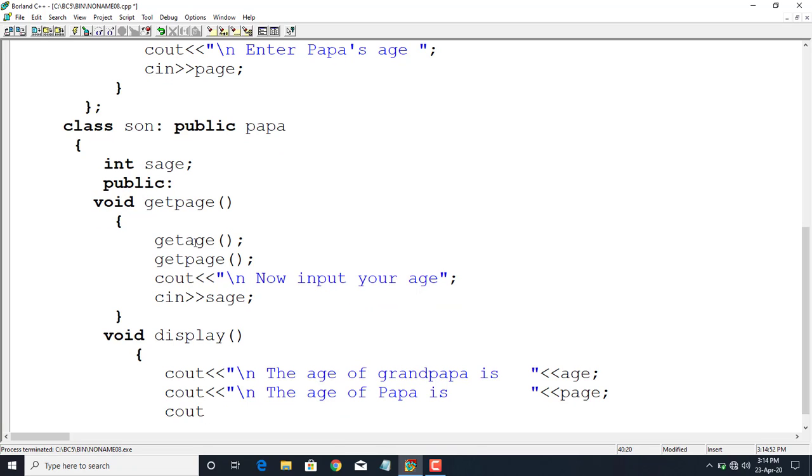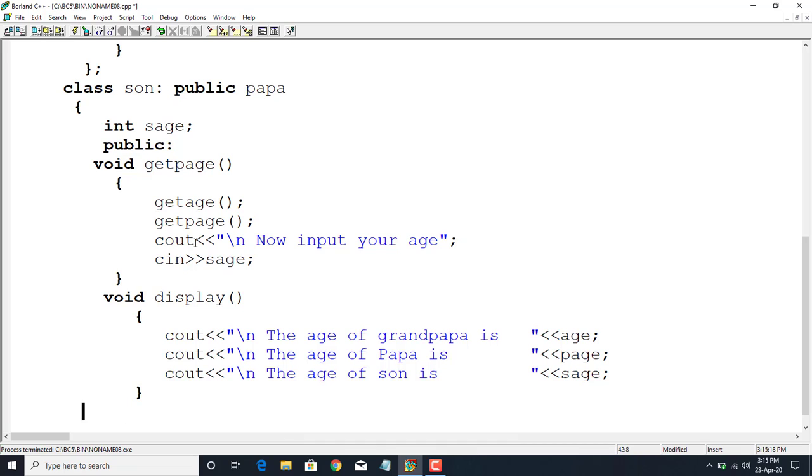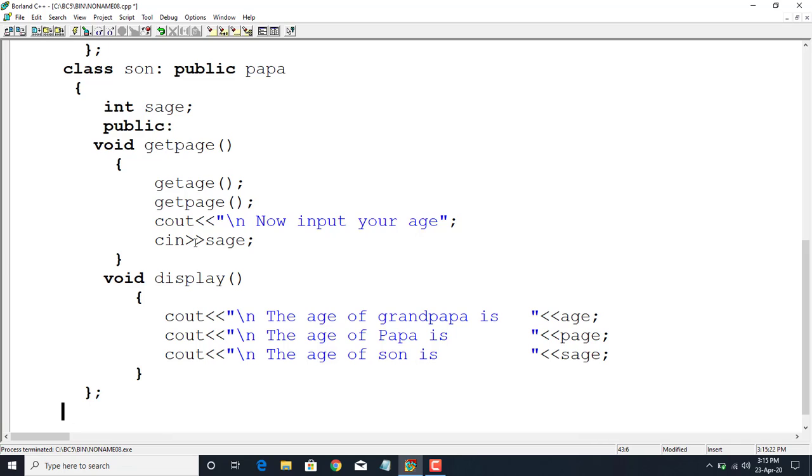Next, cout the age of son is. Where is the son's age stored? It is the variable sage. Okay, this is all the function display will do, and here we will close the class son, put a semicolon, then